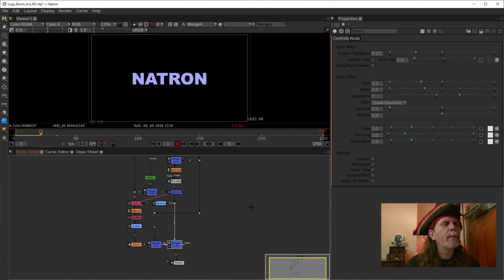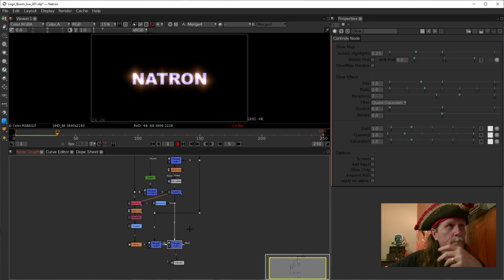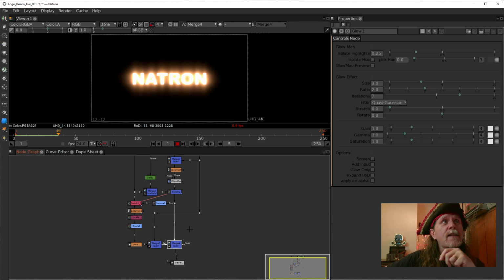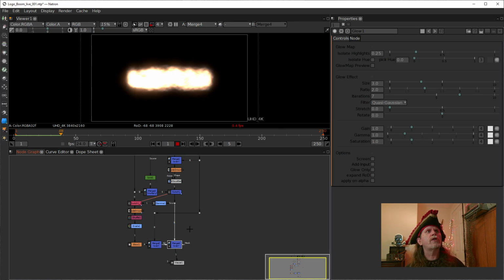So what we may do, for the time being, is duplicate a switch in here to bypass this whole circuit so that we can bypass the glow until we actually need it. This is all about optimization. But there we go. We can see the nice big explosion, and then it transforms into the fiery ball of burniness,